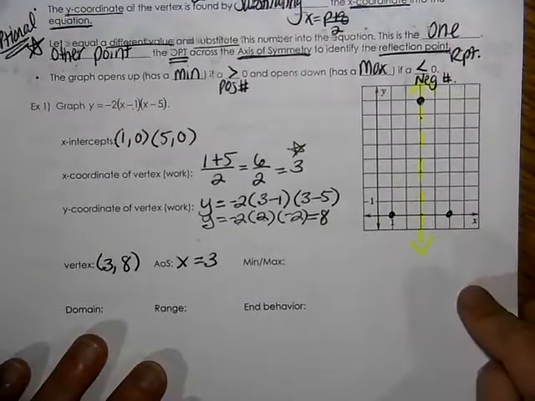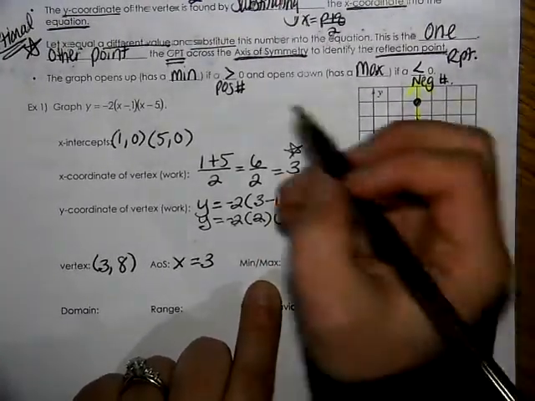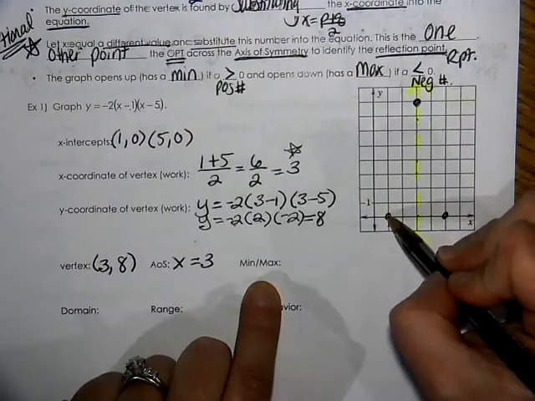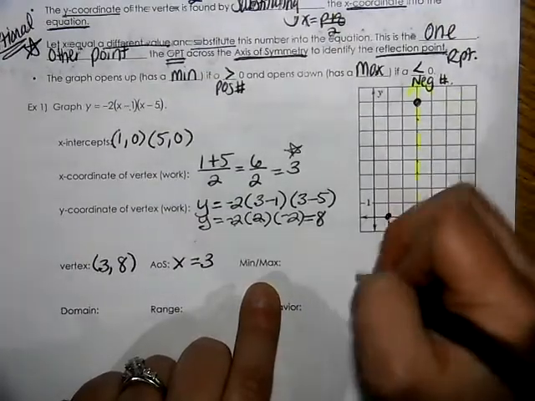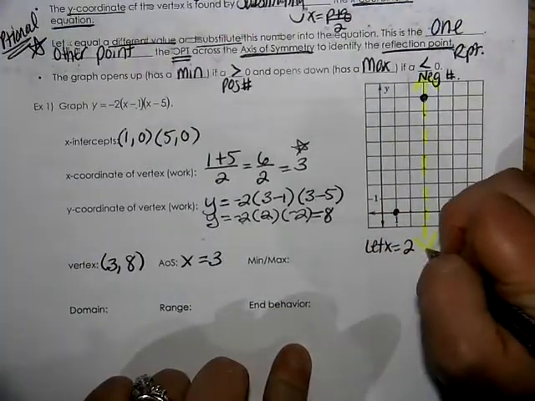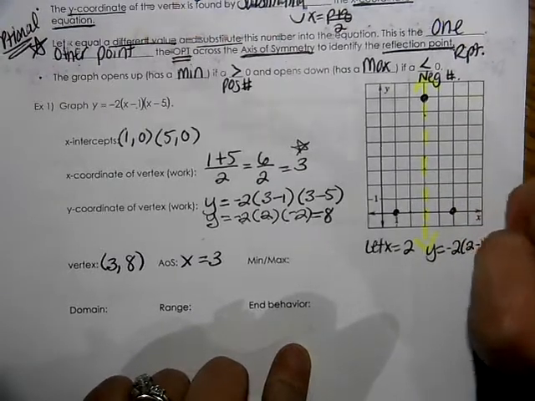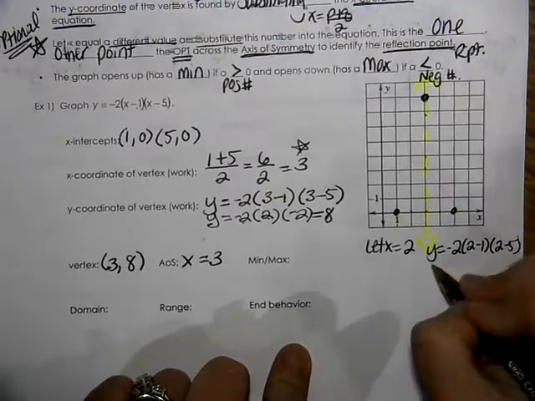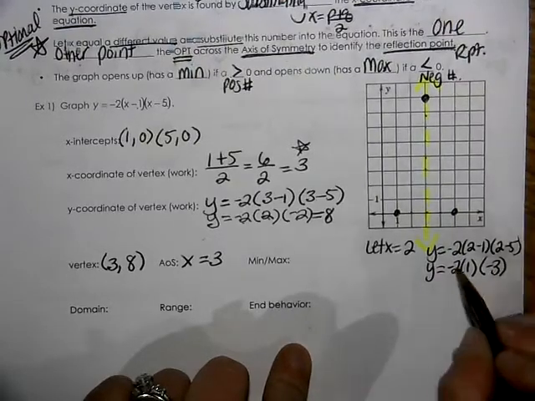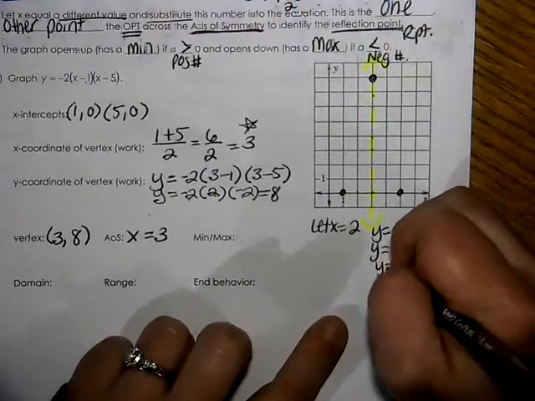All you need are 3 points in order to graph this parabola. It might be helpful, and I'll talk really quick about the OPT and RPT. OPT means pick another point that could fall on this parabola. Like maybe instead of letting x equal 1, let x equal 2. So if I were to let x equal 2, I would have y is equal to -2 times (2 - 1) times (2 - 5). So this is y equals -2 times 1 times -3. So that is -2 times 1, which is -2, and -2 times -3 is